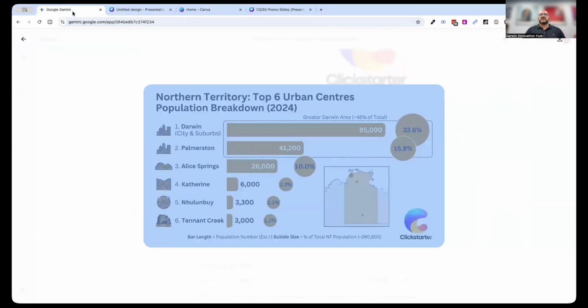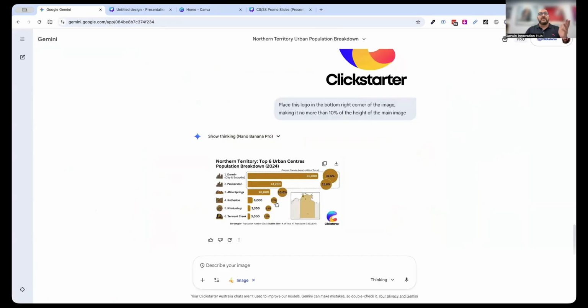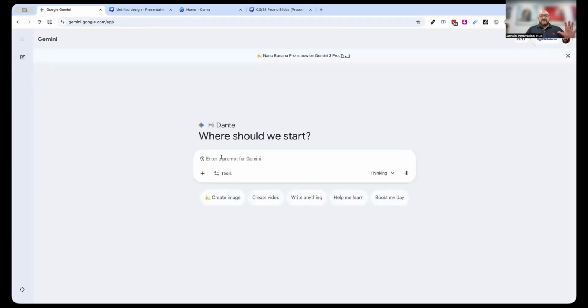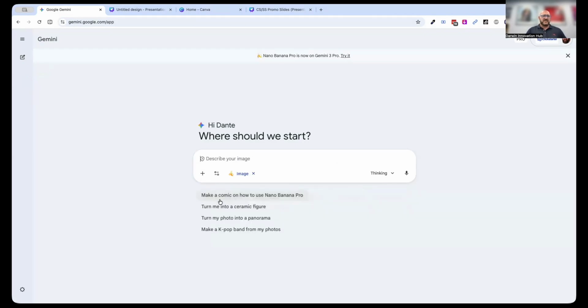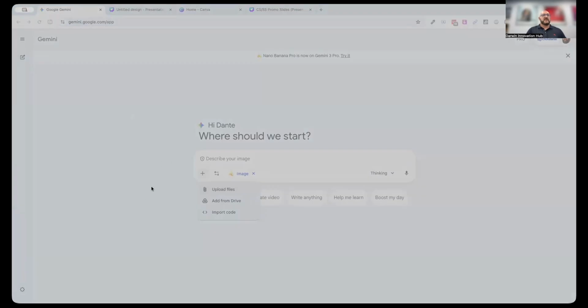So if you want to do something quickly to edit, you can copy and paste it or download it to put it somewhere that makes sense for you. Now, the final little bit I'm going to show you is working with your own photos or the photos of others. So I can do something as crazy as click create image, upload my favorite headshot of myself,